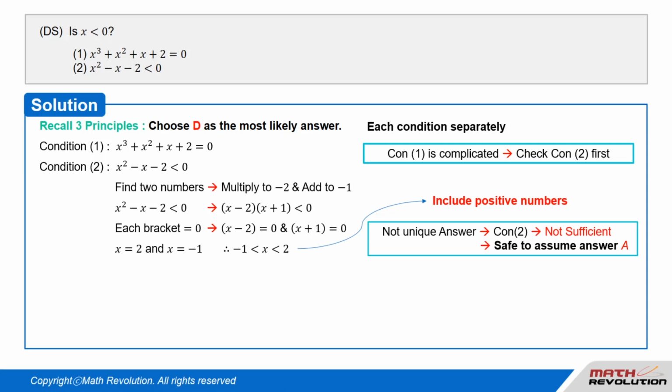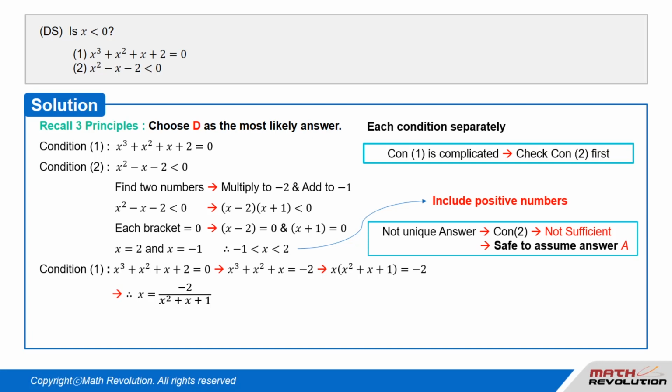Here we are trying condition 2 first, because condition 1 looks a little difficult. Then, we find out that condition 2 is not the answer. Since we know for sure that condition 2 is not sufficient, we are fairly safe in assuming the correct answer is A. To confirm, let's check condition 1 by rearranging the equation to get x cubed plus x squared plus